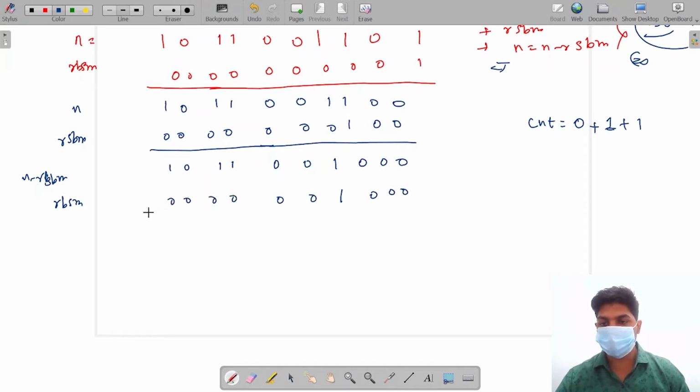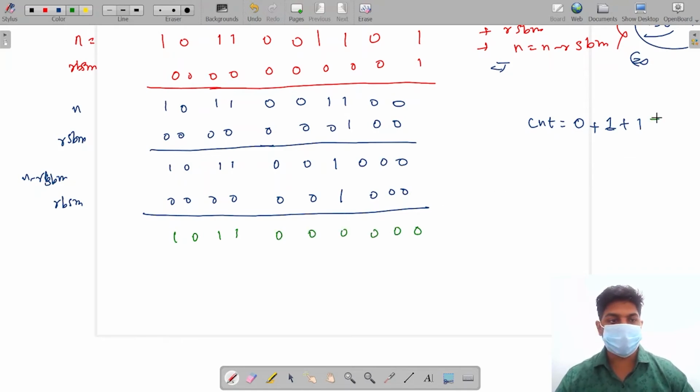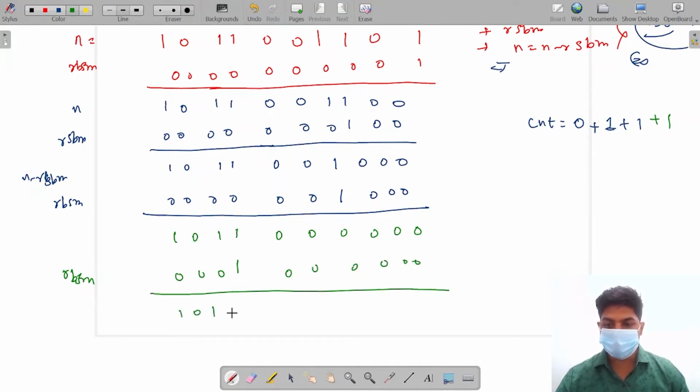Okay, so again we will decrement. So what we will get is 1 0 1 1, rest all zeros. We will add 1 to the counter since we have taken one more step. Now again we will calculate the rightmost set bit mask. So what we will get, sorry, it will be 1 0 0 0 0 0 0 0 0 0. Again we will decrement. So what we will get is 1 0 1 and rest all zeros.